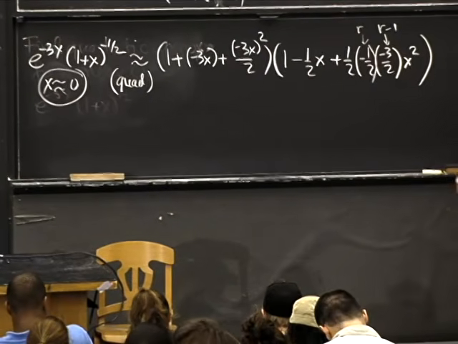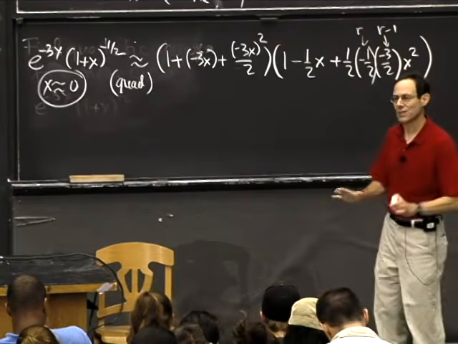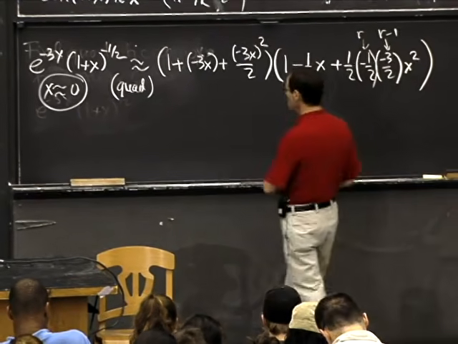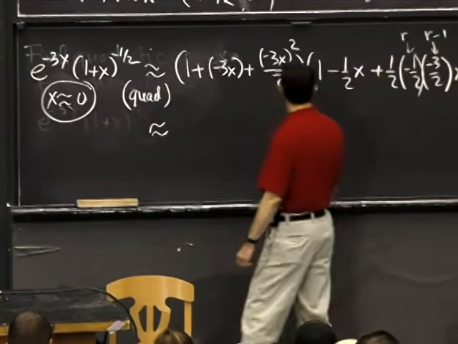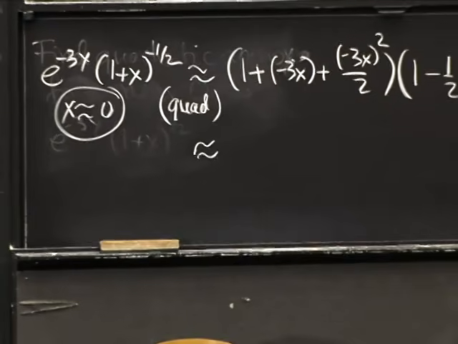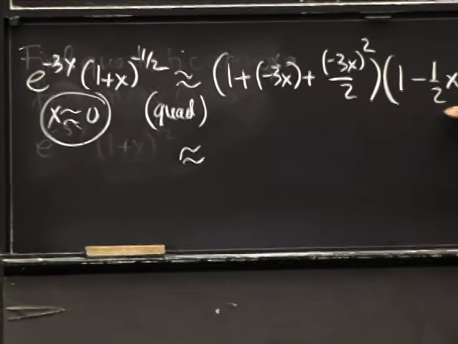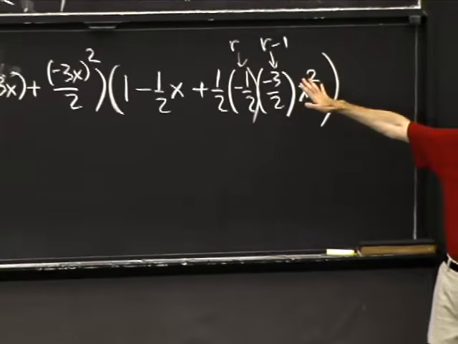And now I'm going to do something which is the only good thing about quadratic approximations. They're messy, they're long, there's nothing particularly good about them, but there is one good thing about them, which is that you always get to ignore the higher order terms. So even though this looks like a very ugly multiplication, I can do it in my head, just watching it,